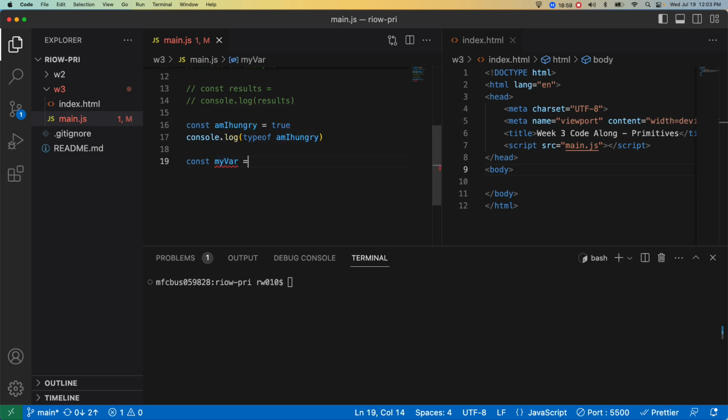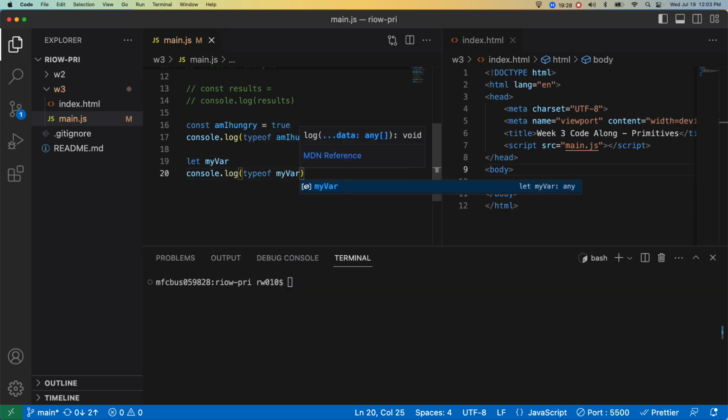That's because if you roll over it, now your editor might be set up a little differently, but when we're using const, you must declare and assign it. But let's say this would be an example of using let. So let my var, all we're doing is setting up the variable, or declaring it, we're not assigning it. So if I do console.log typeof my var,